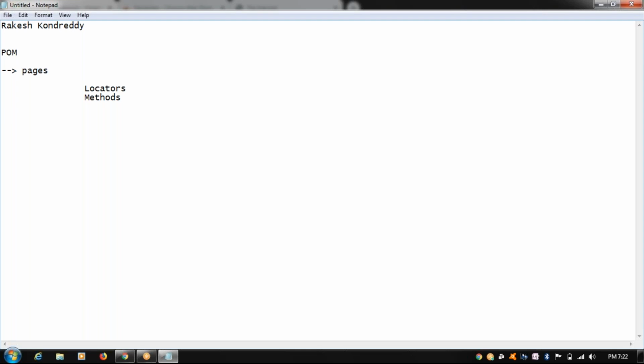And before introducing a tool which reduces our time and effort, I'd like to tell what are the different locator strategies we have in Selenium. So we have 8 different locator strategies. Hope you all know about it. I would like to just write them on a high level. So ID, name, class name, XPath, CSS selector, link text and partial link text.